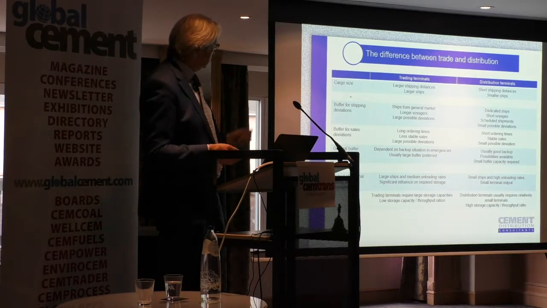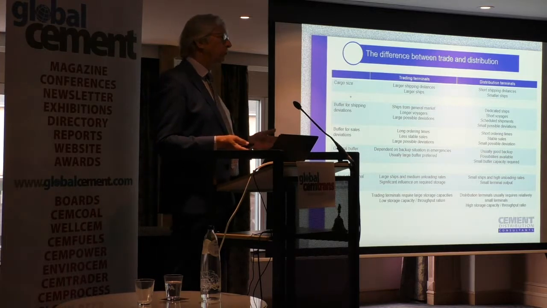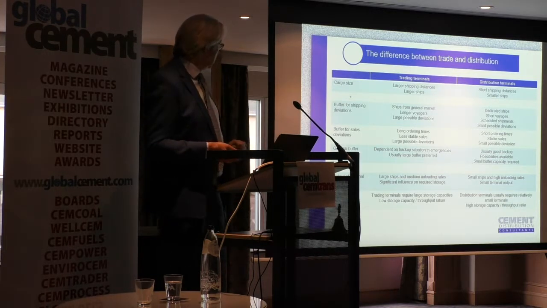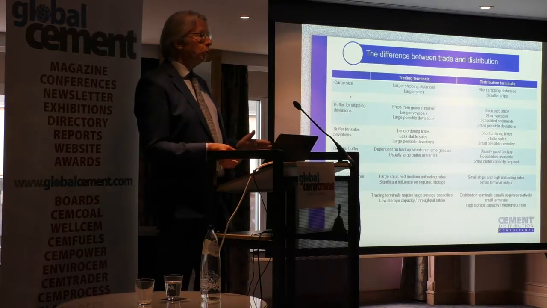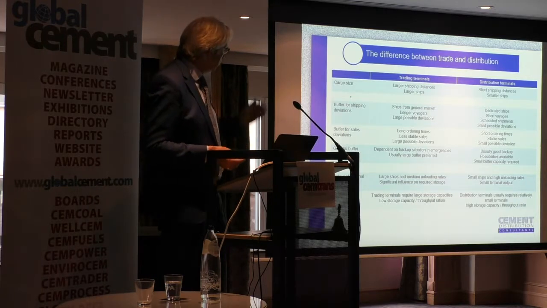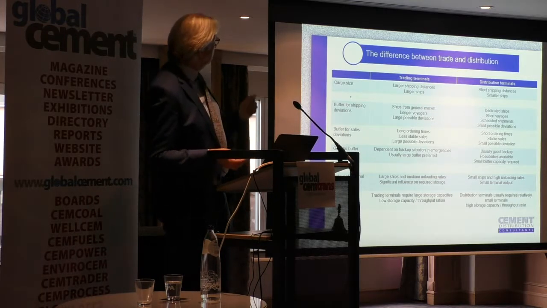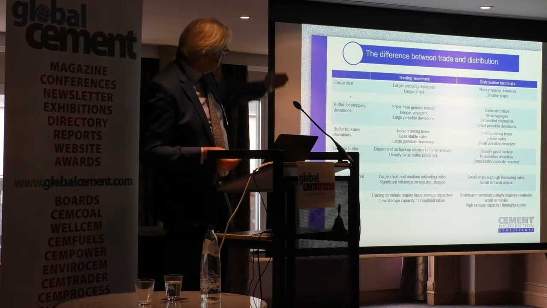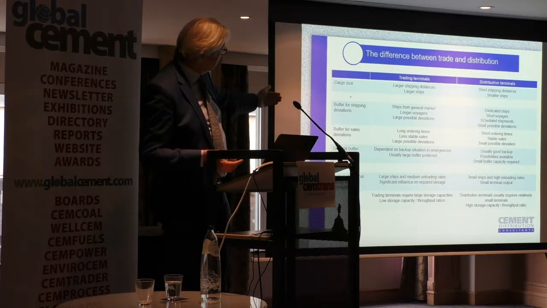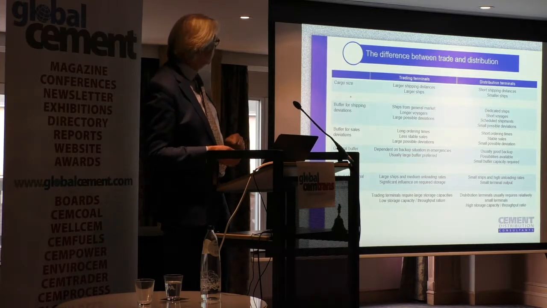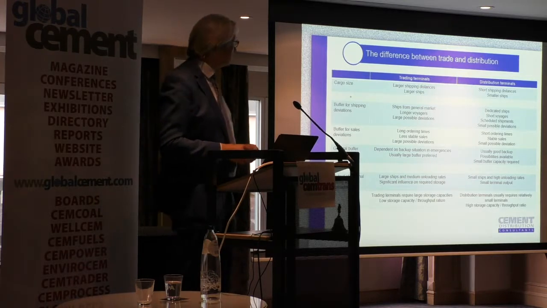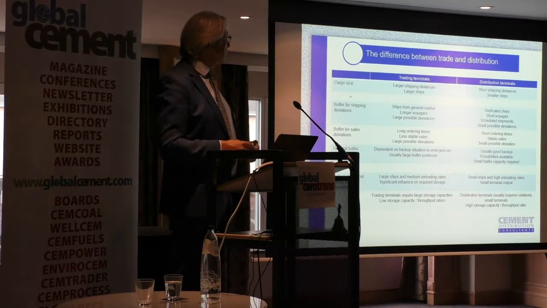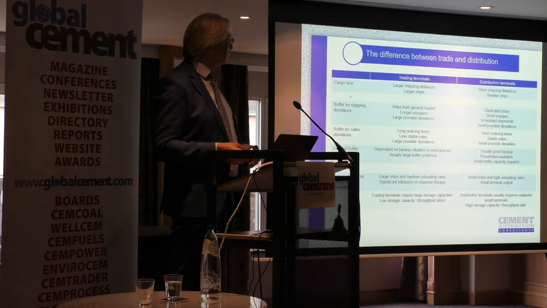And then of course the quantity that you can move directly from ship to truck, so basically the output of the terminal during the ship unloading, you don't need to store that cement, so that you can deduct from that overall volume. And if you compare those, let's say, the cargo size plus the buffers minus the output of the terminal during the unloading, if you look at that for trade terminals and distribution terminals, you see that trading terminals have usually larger shipping distances, larger ships. Distribution terminals, smaller ships because of the shorter shipping distances.